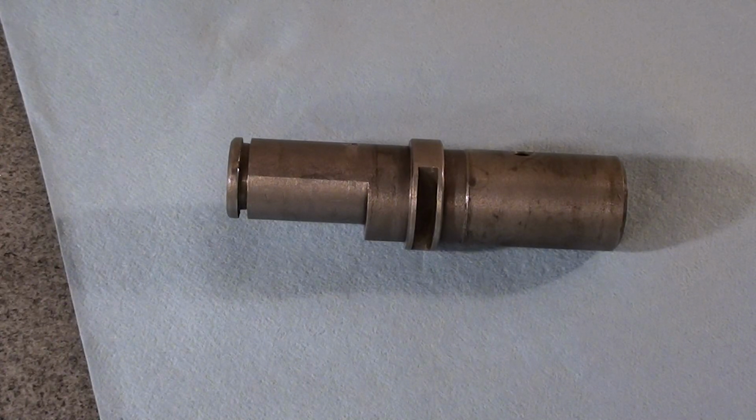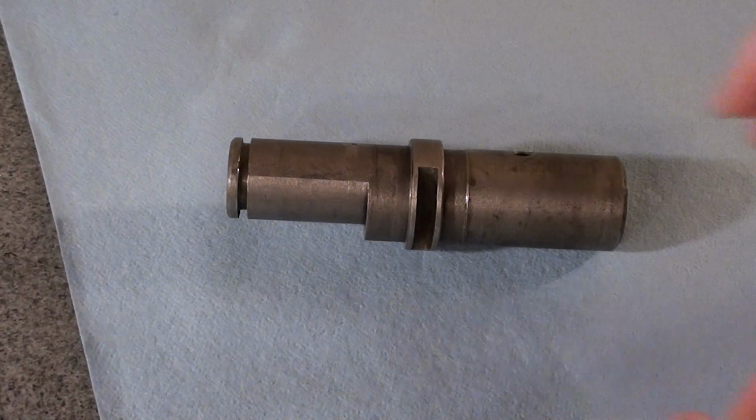I bought an 8-inch Vertex rotary table cheap at an auction recently, and of course, buyer beware, when I got it home I found that it was in less than perfect condition. It had been dropped at some point, the casting broken and brazed back together, and the worm shaft was bent and stiff and rubbing. So this is the worm shaft,